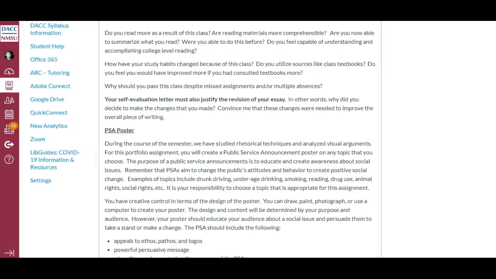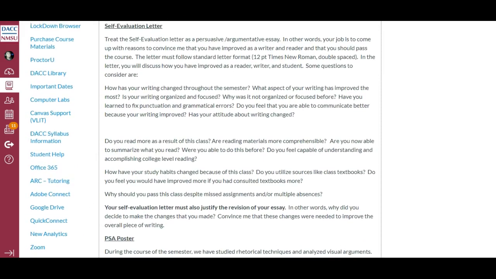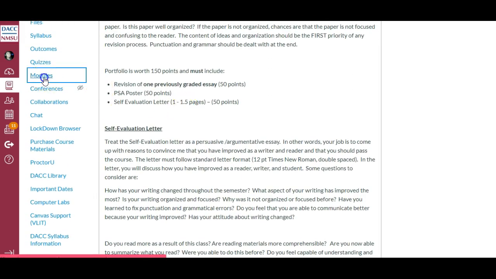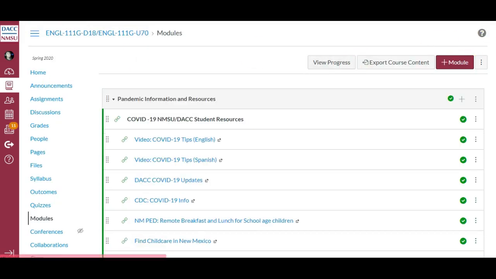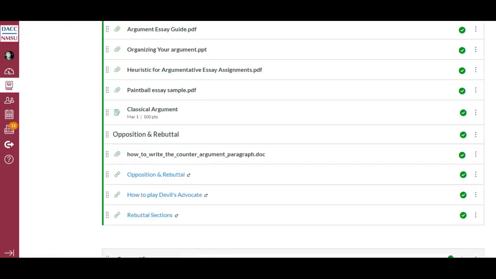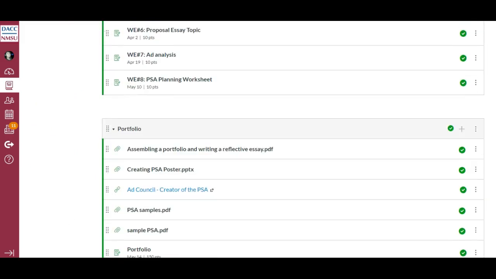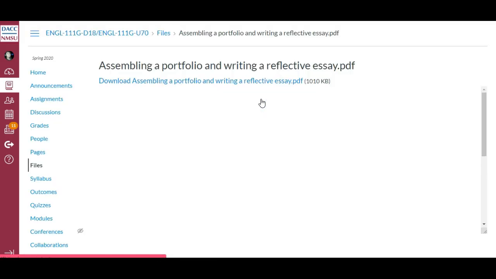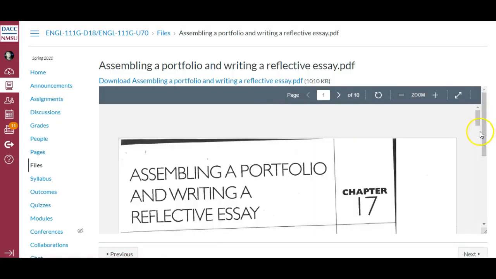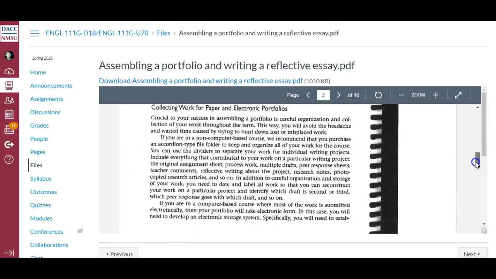Okay, so now that we've gone over the instructions, I do want to show you the module because there you will find more information regarding this assignment. If we scroll all the way down to the module, it's the last one. Right here, I have the assembling a portfolio and writing a reflective essay. You want to go ahead and read this because this is the chapter that talks about the different types of knowledge that should be in your letter. It also has an example of a letter right here